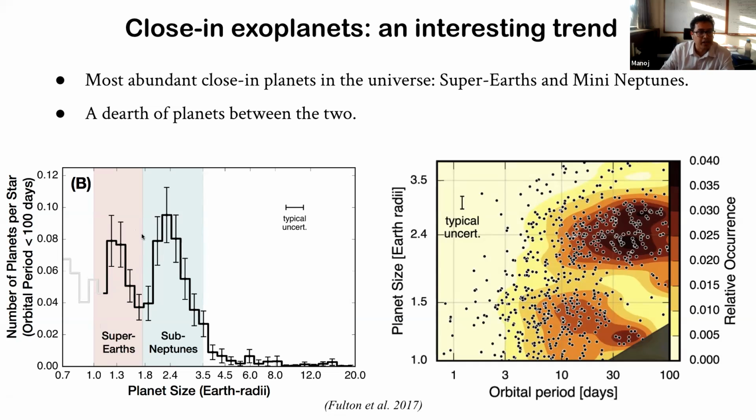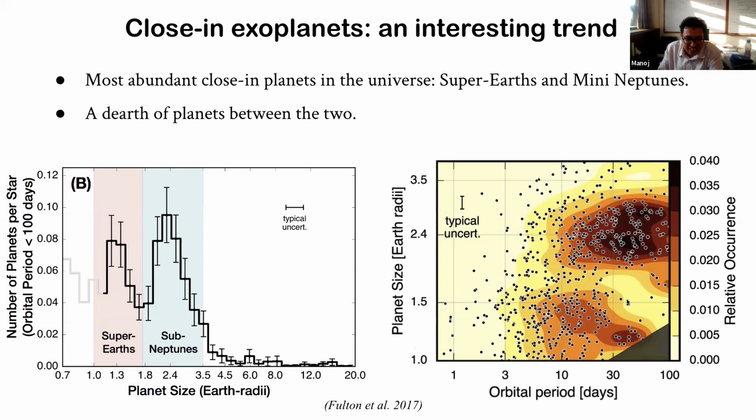There seems to be a dearth of planets in this radius range. If you actually plot it in a two-dimensional plane with planet radii on the y-axis and orbital period on the abscissa, what you